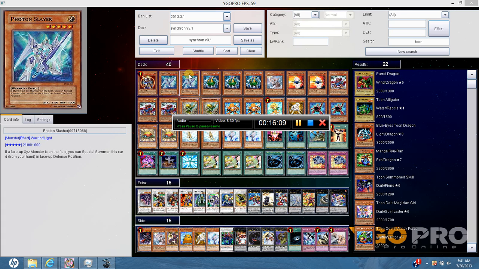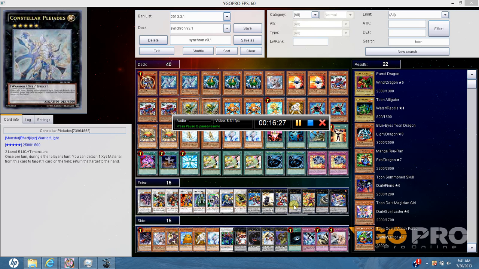Photon Slayer is a good card because you can special summon it, and Xyz can be on either side of the field, as long as it's on the field, so that's actually saved my butt a few times. As well, it's a light monster, and it's a level 5. Palladius, which is just such an amazing card. Return a card to the hand, it's that good during either player's turn, which makes it that much better. And